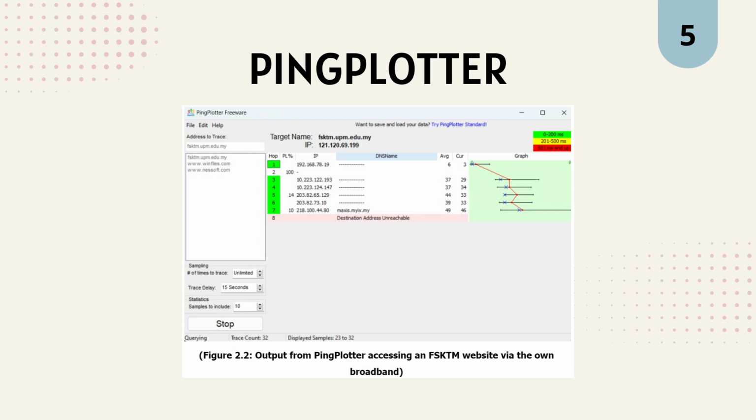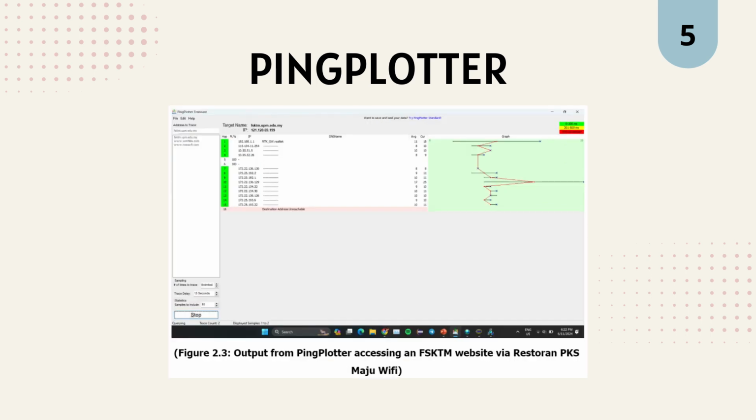Hop number 5 has a total packet loss of 14%. Meanwhile, hop number 7 has a total packet loss of 10%. All of the data and all of the times are represented in graphical representation, as you can see on the right. Lastly, in this figure, it shows the output from Ping Plotter accessing an FSKTM website via the Wi-Fi